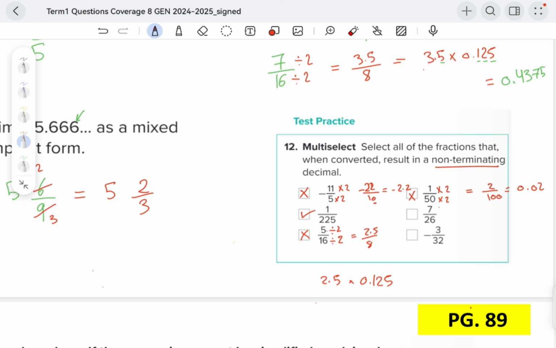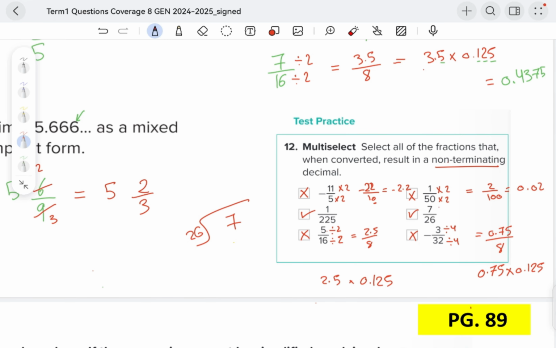Also here, the 32 is a multiple of 8. We can divide this by 4, divide this by 4, 3 quarters, this is equal to 0.75, divided by 8. Now multiply 0.75 times 0.125 to get the answer in decimal form, and you're going to find that it's not repeating. The last question, 7 out of 26, you can use the long division to find out that this